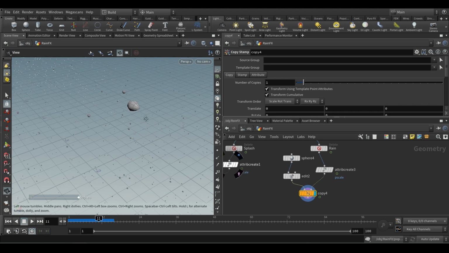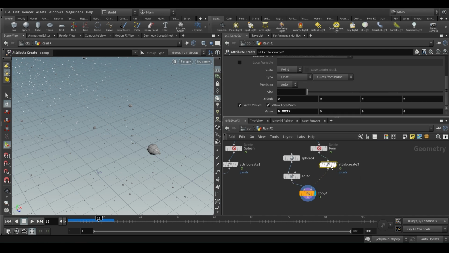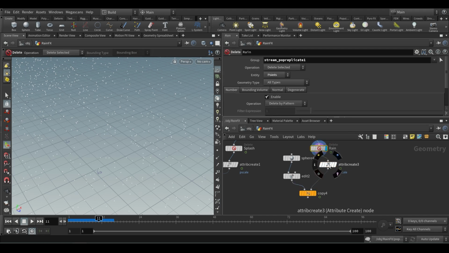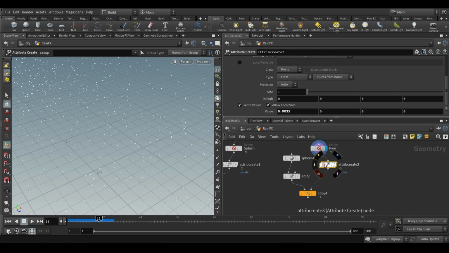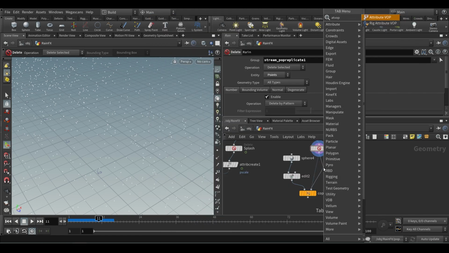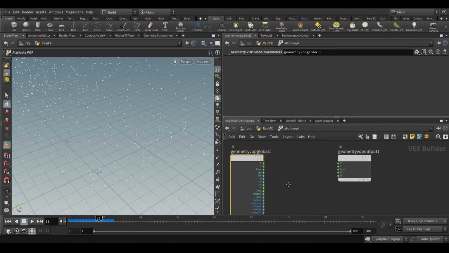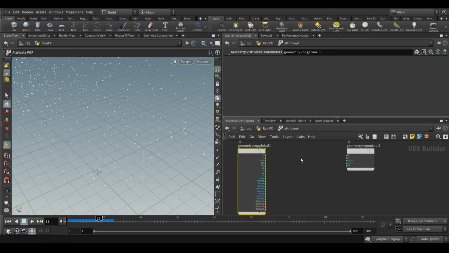So we can do in the attribute create, like we can create an attribute called orient and do that, but this time I want to do differently. I'm going to delete this one. So I'm getting away from the copy because it's going to take some time to load. So I'm going to get attribute warp. So in the warp, I'm going to create orient and p-scale inside this.